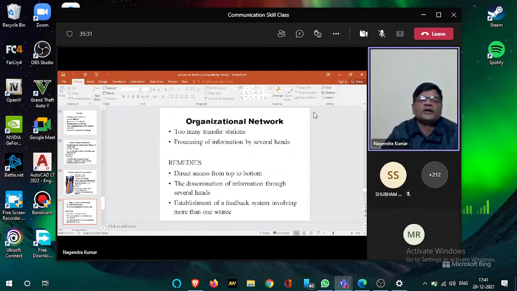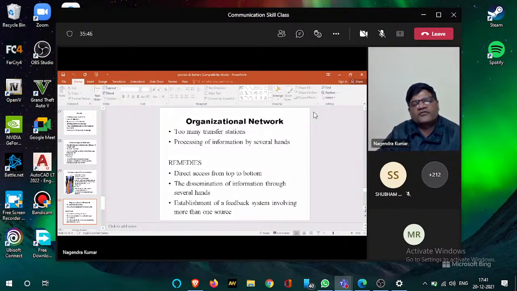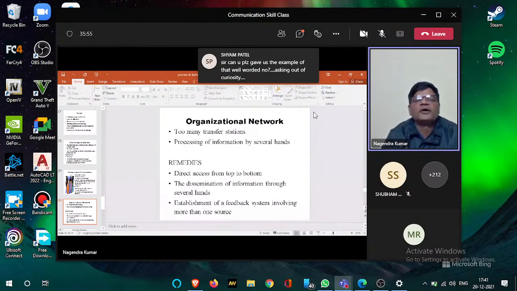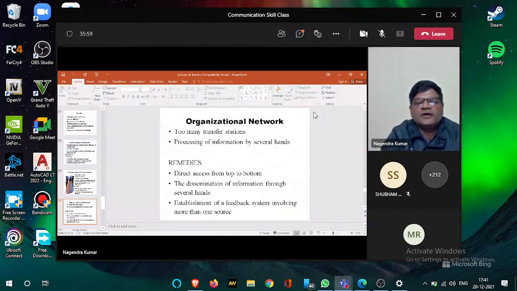You write it to the Dean of Student Welfare, who guides you to write it to the Dean of Academic Affairs. You again go to the Dean of Academic Affairs, who says that you write it to the Chairman, Senate Committee on Scholarships and Fellowships, who again is contacted. In the process, by the time you reach the right person, maybe the deadline for that